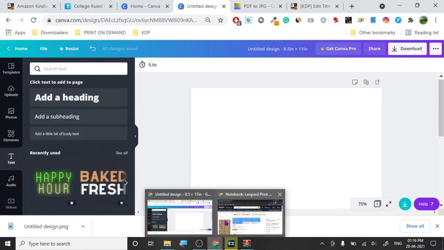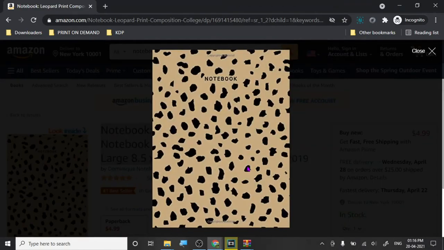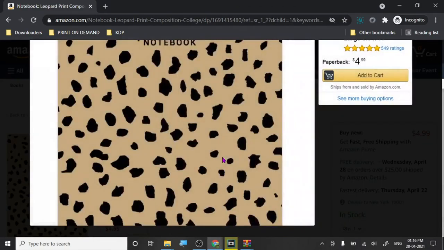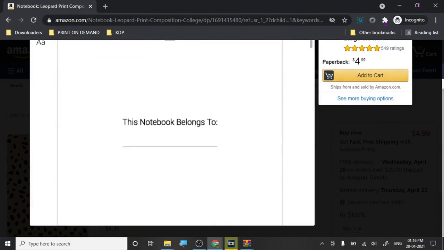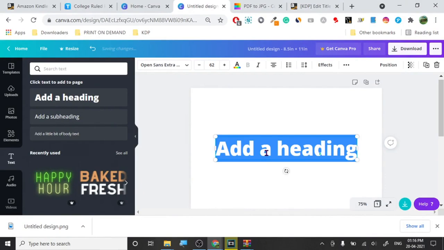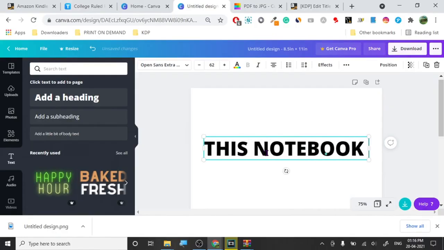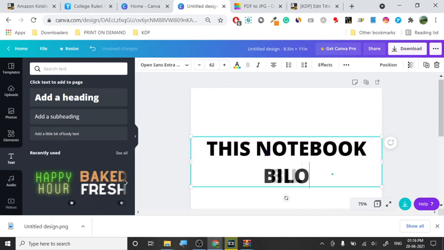and let's see how their page is looking, so we can at least get some inspiration and get some idea what kind of page this notebook belongs to. Just it's a really simple text. Just put this notebook belongs to, oh, oops,